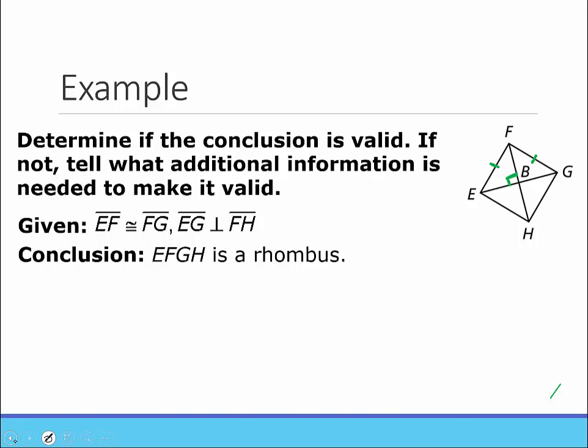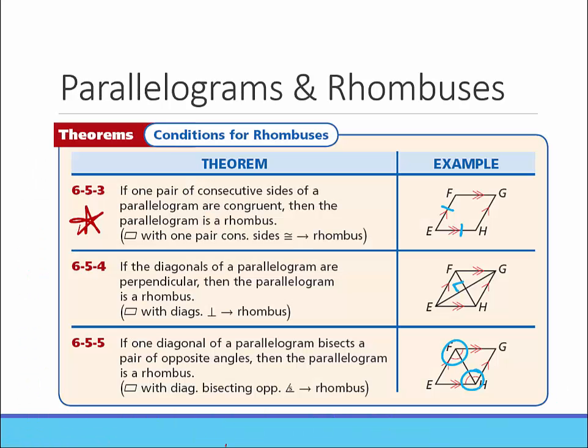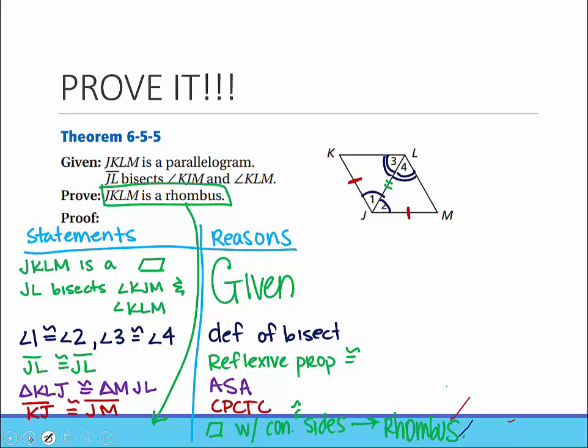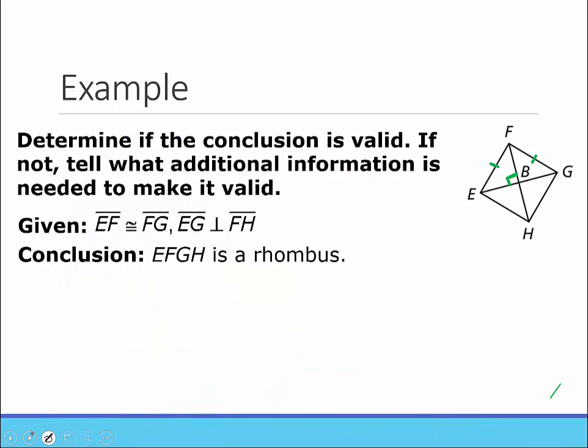So let's think back to what we know about rhombuses. If they tell us that we have two adjacent sides that are congruent, or that the diagonals are perpendicular, we know that it is a rhombus. But remember, the stipulation here is that we have to have a parallelogram first in order to tell us that. So if we go back here, they don't give us any information telling us that this is a parallelogram. So this is not valid